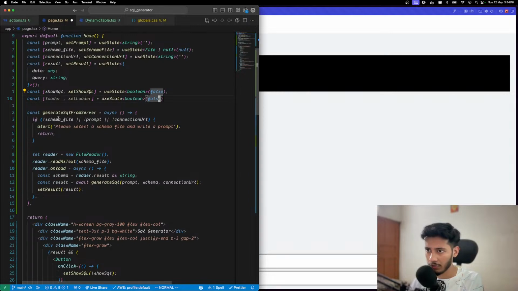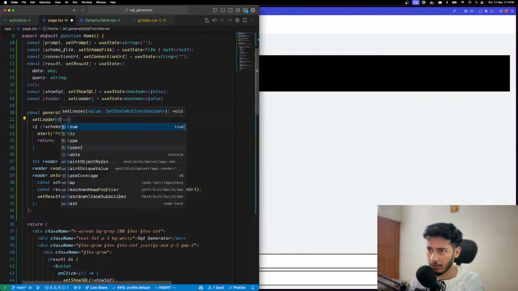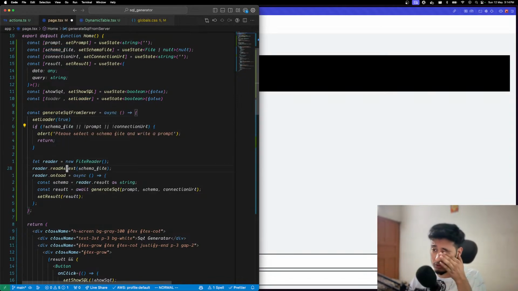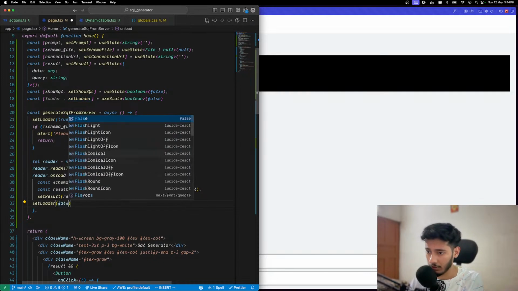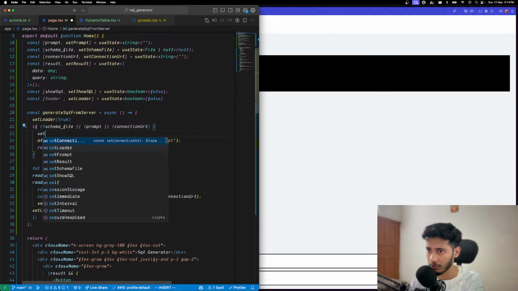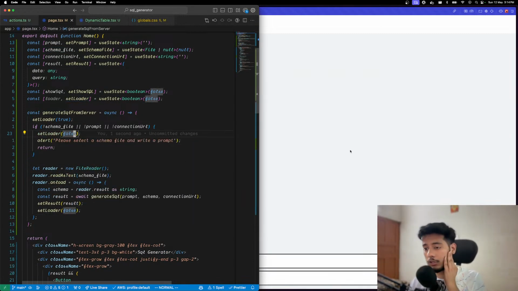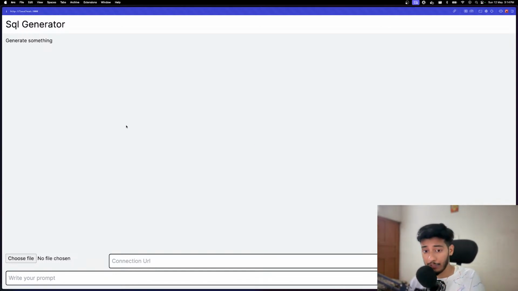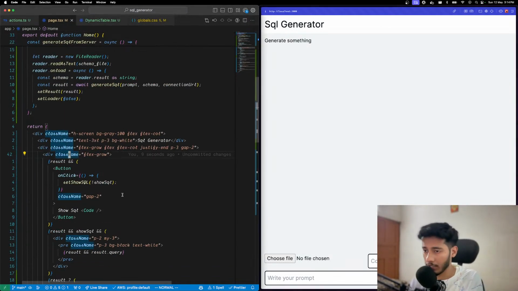So this we can give over here, set loader true, and then at the end over here set loader false, or if this is alerting, then also set loader false. Okay, great. Next thing, if there is a loader, we can show something which shows that the things are loading, right? So we can,